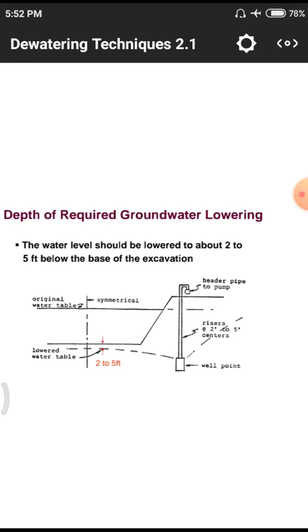Why? Because if we totally decrease the groundwater, automatically due to the huge amount of voids, we have to bear settlement or shrinking of the structure. The water level should be lowered to about 2 to 5 feet below the base of the excavation. That means whatever structure we have, up to which depth we have to use this excavation for construction